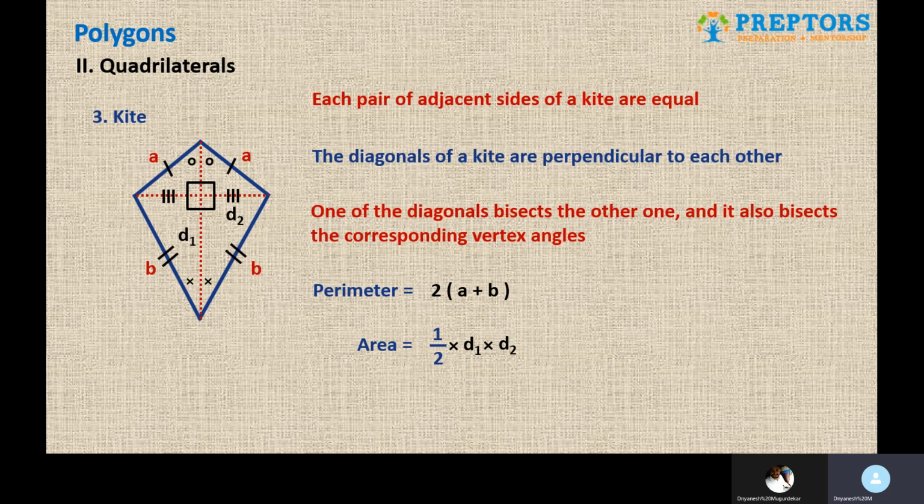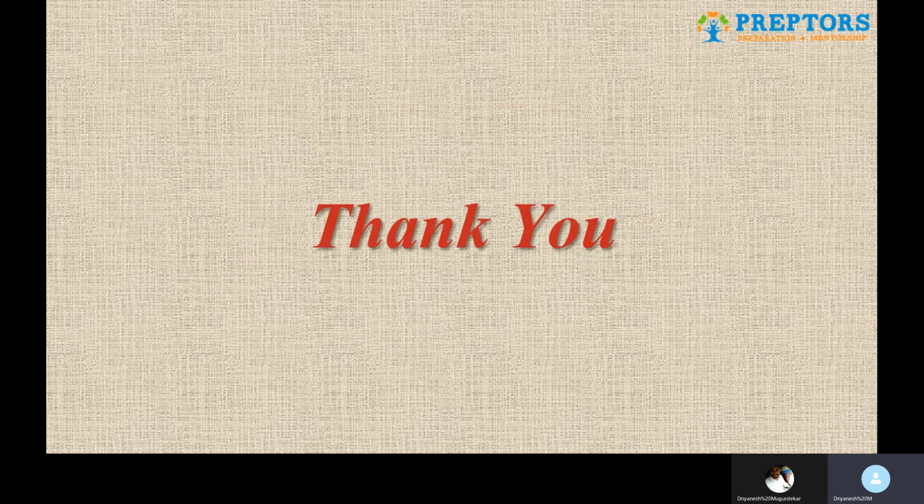And with this we are also done with the third topic of the geometry module, which is polygons. So go through all these properties. As you would have seen, there are plenty of formulae and new things that you can study. Make sure you are good with them, only then will you be able to solve the questions and understand the explanations. Thank you so much.